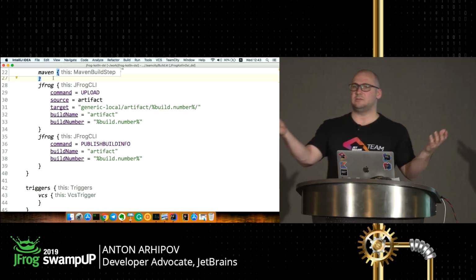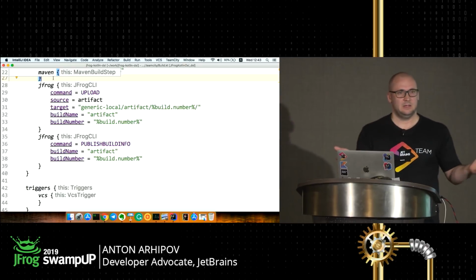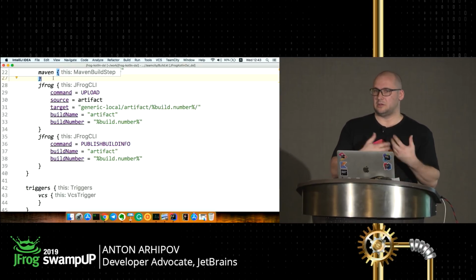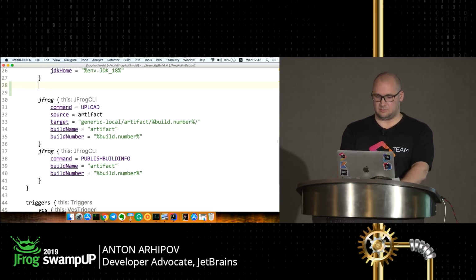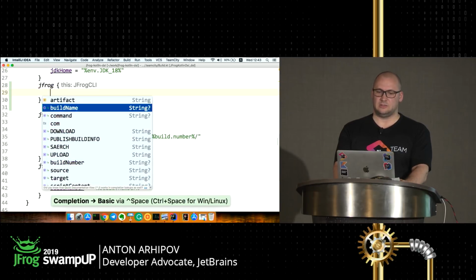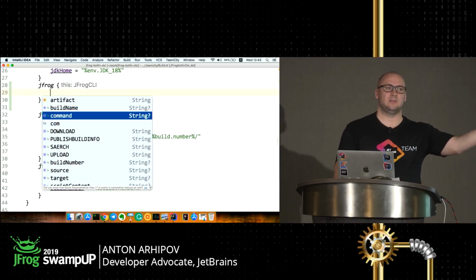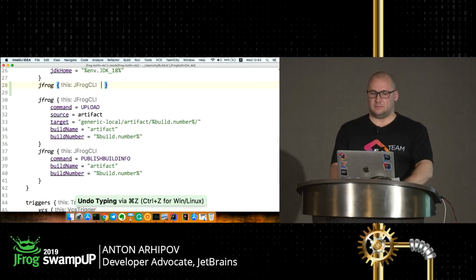So I have a new build step suddenly. I don't have it defined anywhere in libraries, TeamCity doesn't provide that. I only have it in my own configuration script. And then if I'm using, let's say, JFrog, and I want to start typing something here, it immediately tells me what are the attributes I should define in that block. And even more,